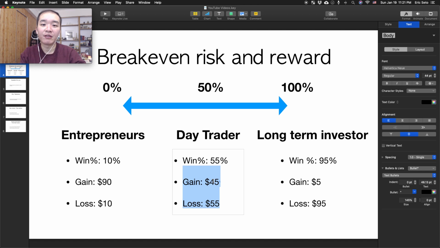So I actually have another video that I recently uploaded that talks about free tools and paid tools. So you can look at that, and I actually recommend one of the tools on how to test your strategy, which is quite important, especially if you are a day trader. So you can play with this percentage, but essentially you need to also consider the gain and the loss, so then you have a net positive system.